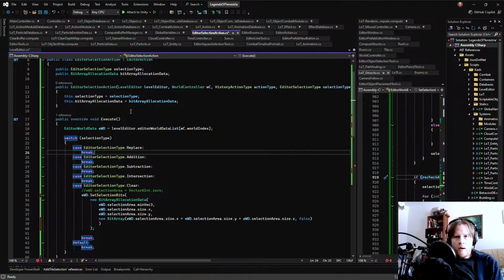It would have to be a clear and an add. So I think it's kind of weird to make it be both inside of one action.